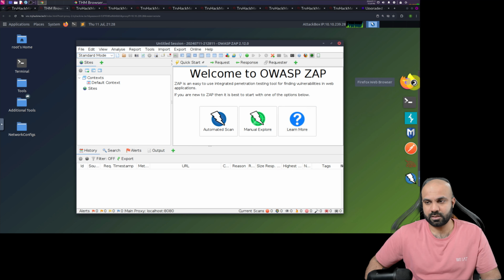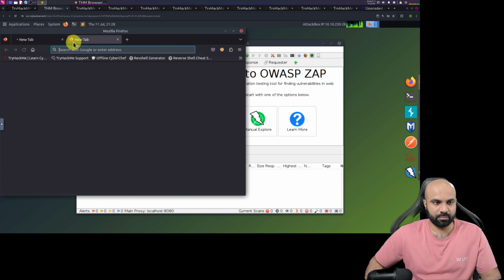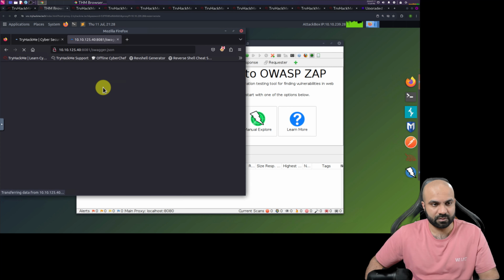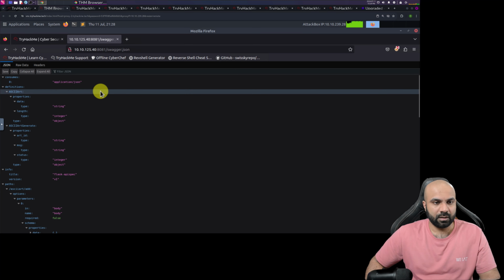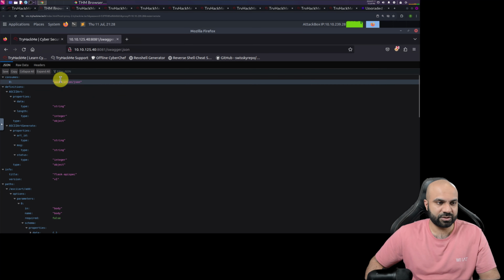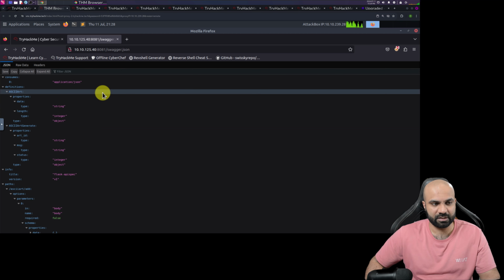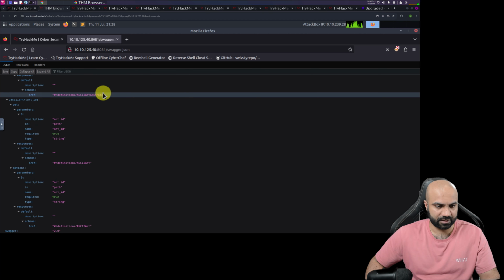I open up the Mozilla Firefox web browser. It's taking a little bit of time. I'll open a new tab, paste and go. Hopefully this will be available. Yes, as you can see, it is giving us a JSON response back. Usually if you are using Swagger UI, it will give you a very nice UI and you can even test your API from that. But this is just a Swagger JSON